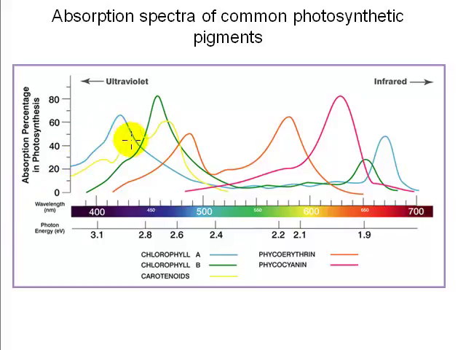Here's the absorption spectrum for chlorophyll A in light blue, and you can see that this pigment absorbs maximally at around 420 nanometers and 670 nanometers, whereas the chlorophyll B molecule, which is almost identical structurally, absorbs maximally at around 450 and 650 nanometers. So if an organism has both chlorophyll A and chlorophyll B, it's capable of using more of the visible spectrum for photosynthesis. In other words, it's more efficient at capturing light energy for